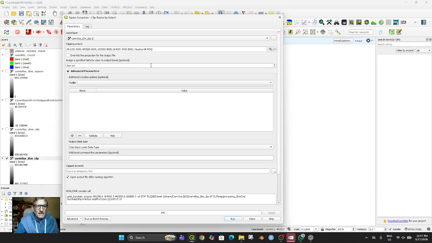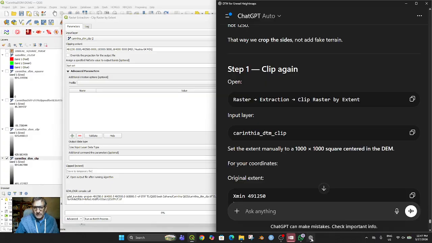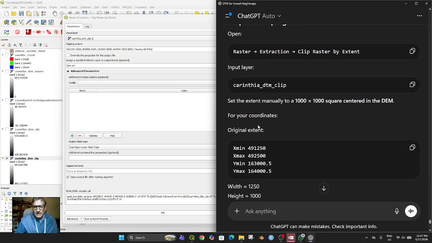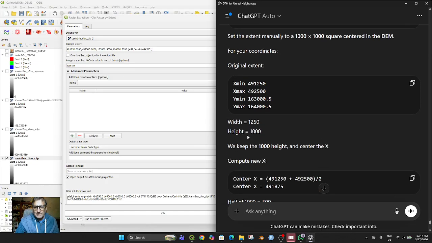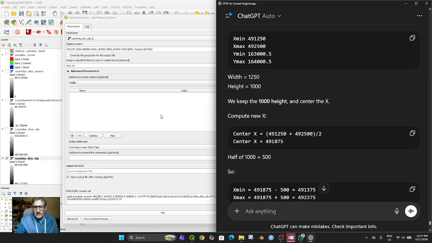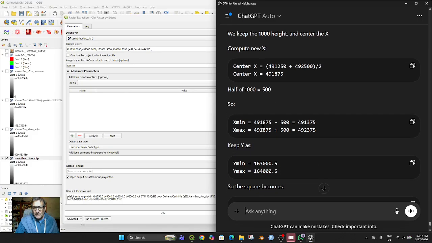Clip. And we're going to change these to make it only 1,000. So what it's suggesting we do is keep present rate set to the x. Center x is 191.75, half of 1,000 is 500. So the x min is going to be this, the x max